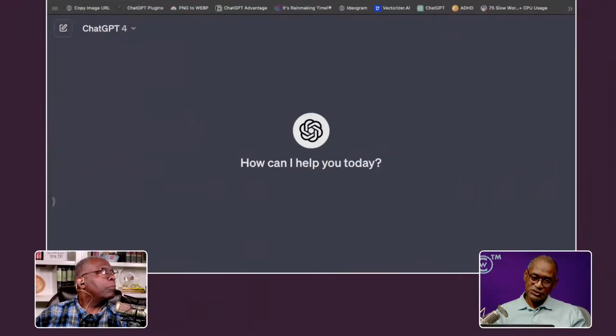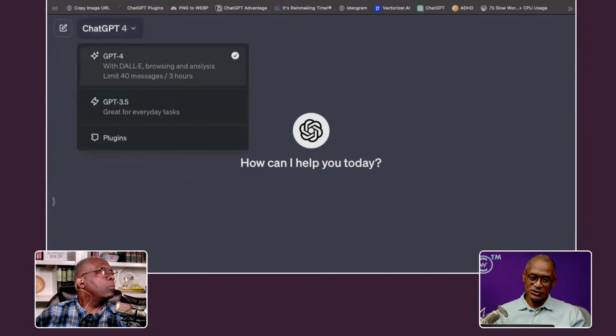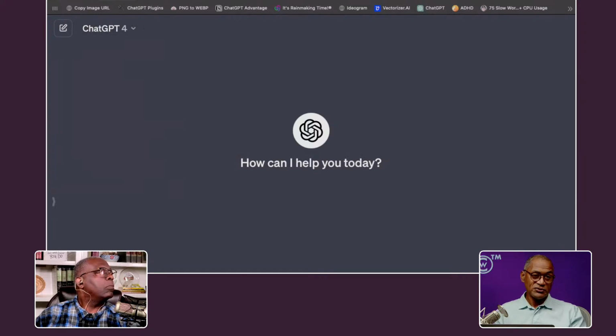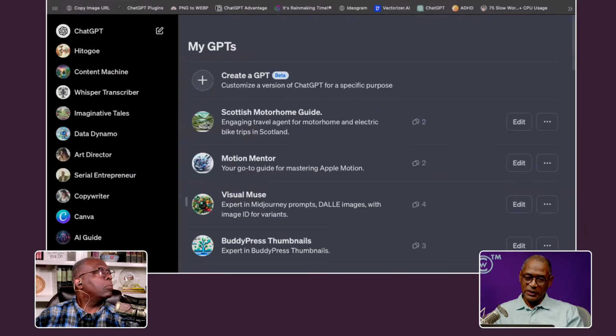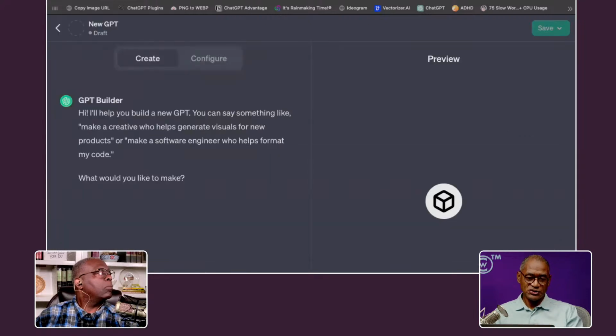I've now gone back into ChatGPT, but I've chosen version 4, and they said this is the paid version. So you see, it's just the same interface here, but rather than asking it the question again, it has a capability where you can create and customize a version of GPT for your specific purpose. So I'm going to do that. That's where you click on that, and then it asks you what you would like to make. And so I would say I want to